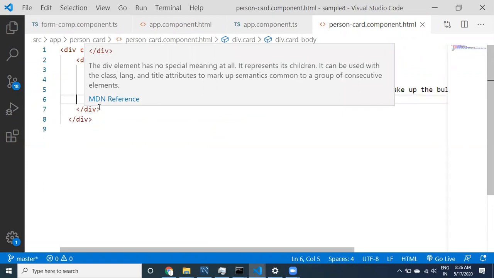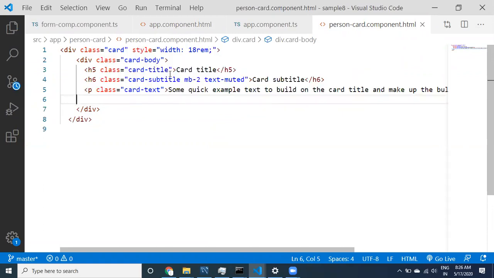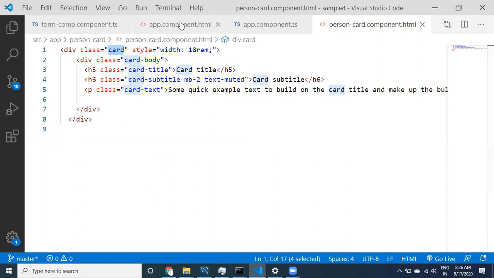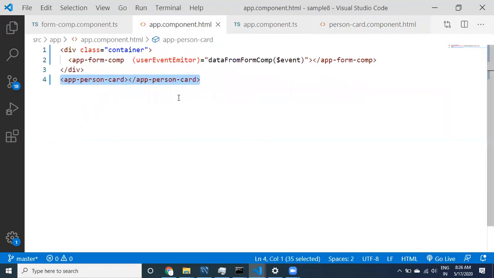But I would like to use dynamic data here. To get dynamic data, it has to come from the parent class, that is coming from the person class. Let's see here, guys, how to send the data, whatever data is coming from the parent. See what I'm going to do. First I'm going to start with the parent component.